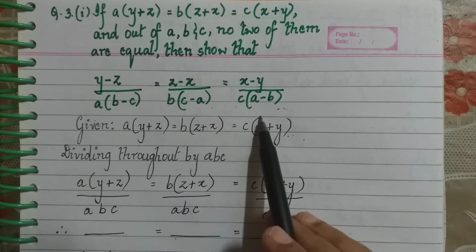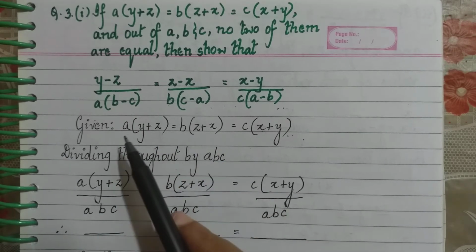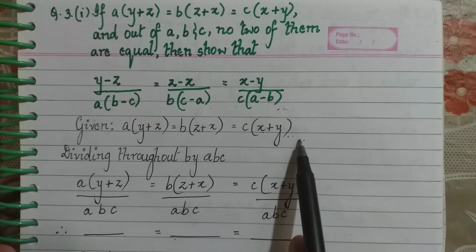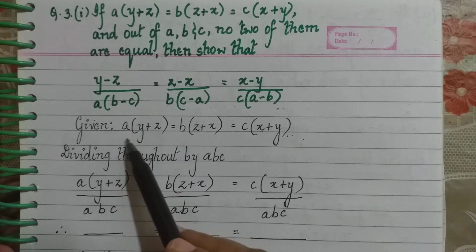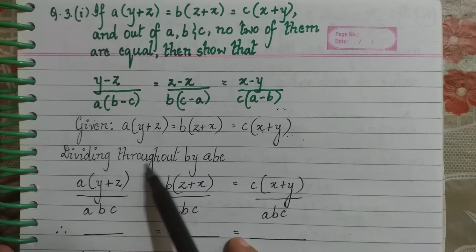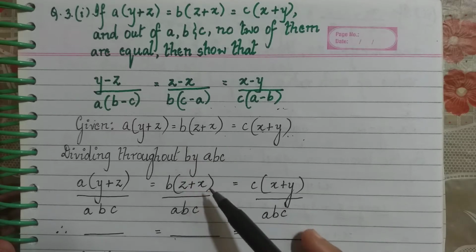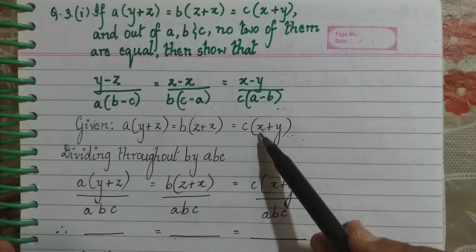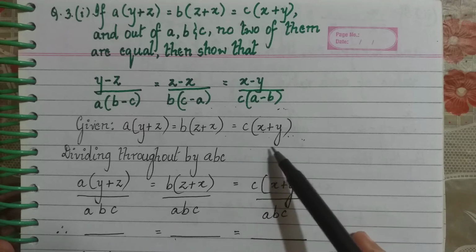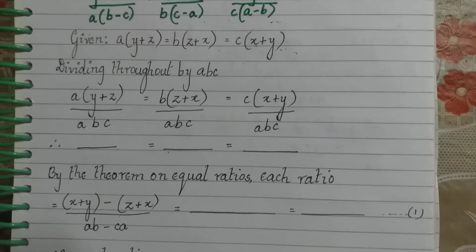Now if a, b or c is left and this is given here, what happens? First we can divide what is given to us by abc. If I divide this by abc, a and a cancel, b and c remain. Same way, if I divide this by abc, b and b will cancel, ac remains. If I divide this by abc, c and c cancel, ab remains. So let us first do that, then it will be simpler for us to understand.